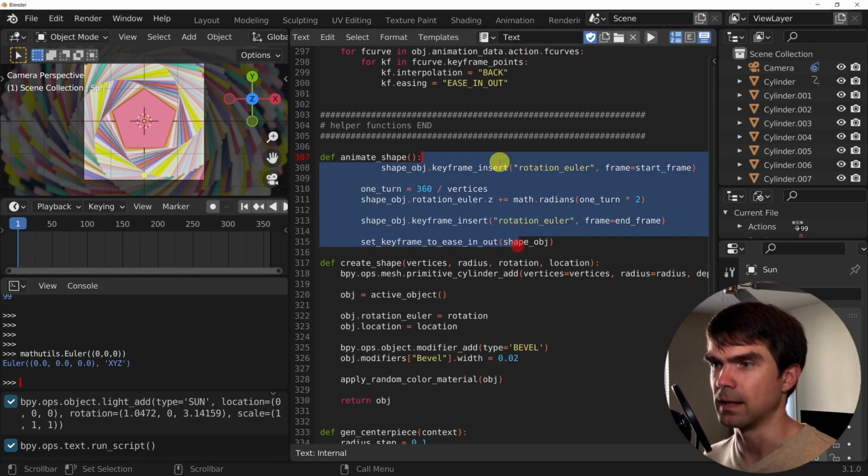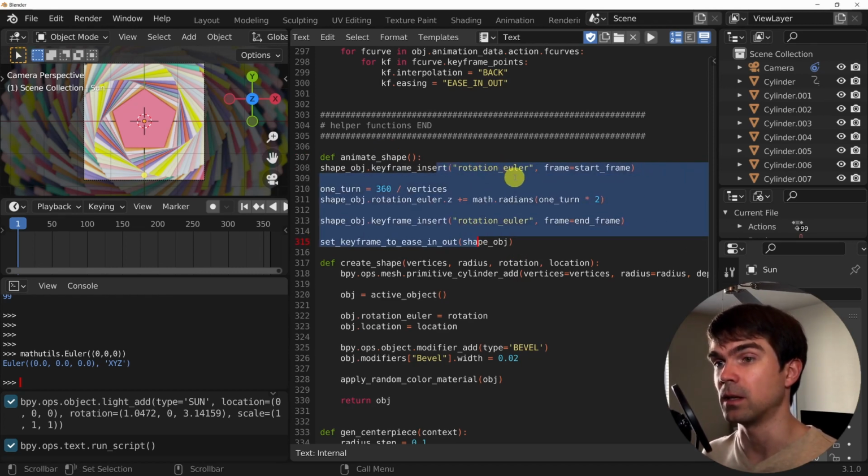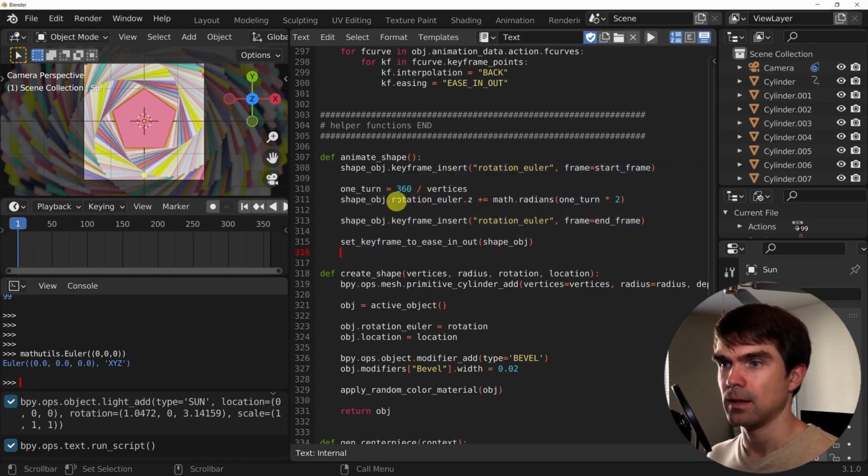I'm gonna select everything, hit tab, shift tab to unindent, tab to indent. And we need to pass in the shape object. I'm just gonna call it object.